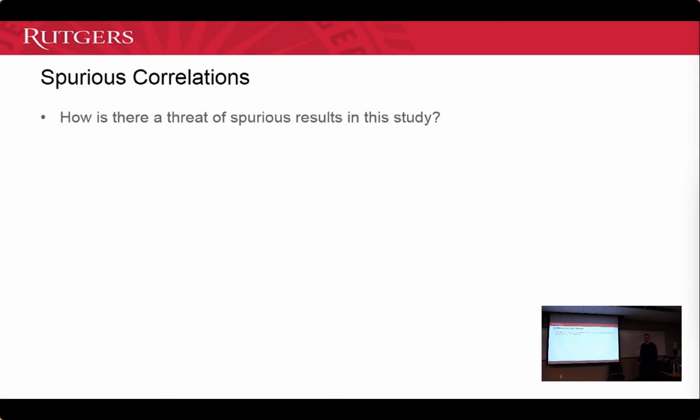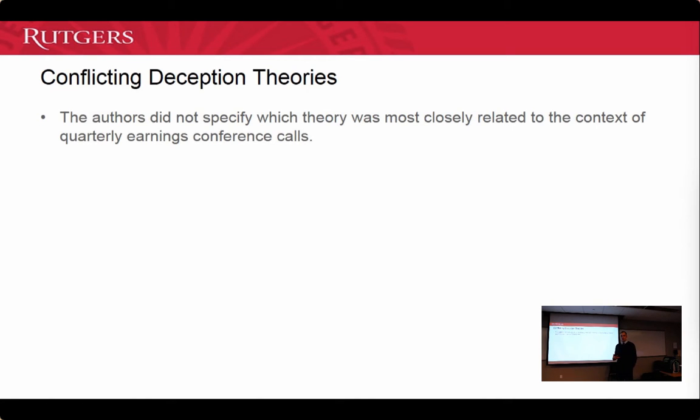Okay, so I was saying how these deception theories weren't written for this context, and here Bloomfield is saying the authors didn't specify which deception theory most closely relates to this context. I think I told you this last time: when you're doing text mining research, context is everything. It changes what you look for. If you have time to prepare, some of these theories don't apply because they're for the unscripted, heat of the moment, off the top of my head remarks.